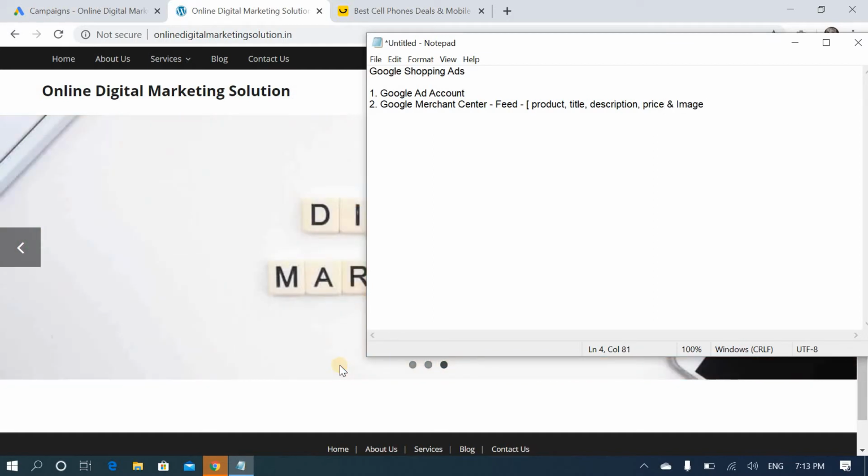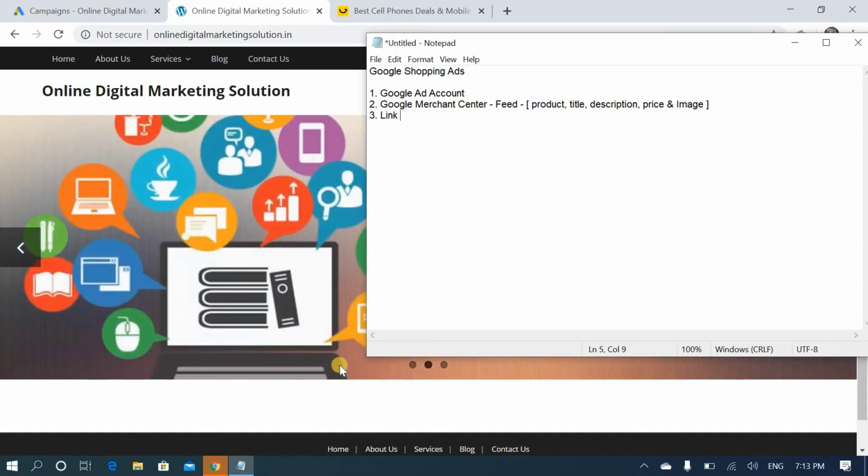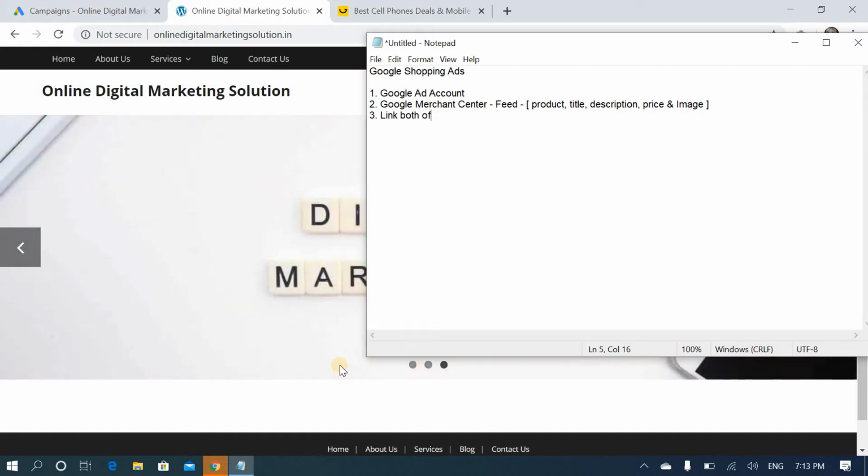So you have to enter all these details, and once you add all the details, you have to link both of them. Link both of them means you have to link the Google Ads account and the Google Merchant Center account. Okay.